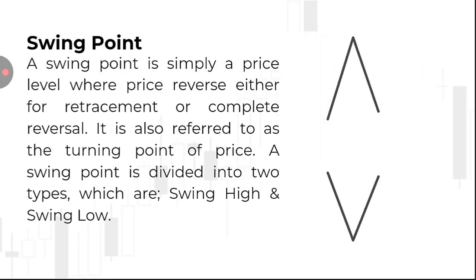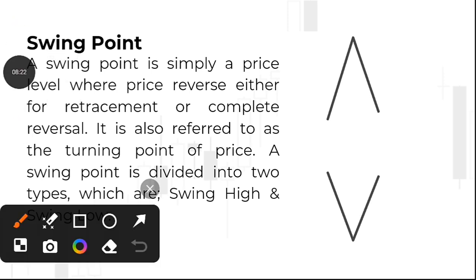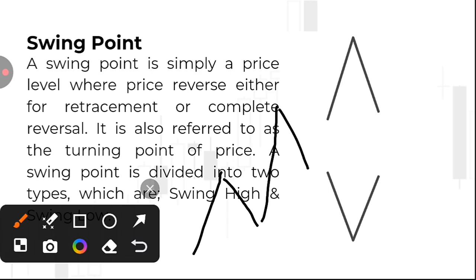The next term I want to look at is the swing point. So what exactly is a swing point? A swing point is simply a price level where price reverses, either for a retracement or a complete reversal. It is also referred to as the turning point of price. A swing point is basically a point where price turns back. When price is moving upward in an uptrending market like this, at some point you will see it do something like this. It will come back down, then move up again, it will come back down, then move up again,